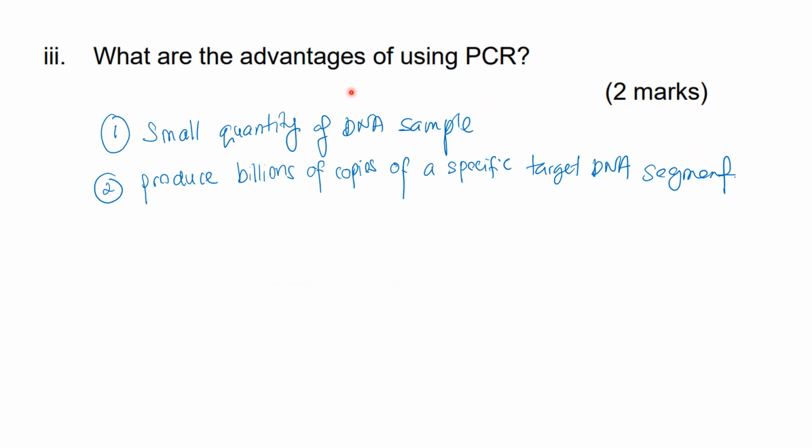What are the advantages of using PCR? Basically, for this question, it is worth 2 marks. So you have to give 2 advantages of using PCR. For the first point, the advantage of using PCR is that when you are working on a DNA sample